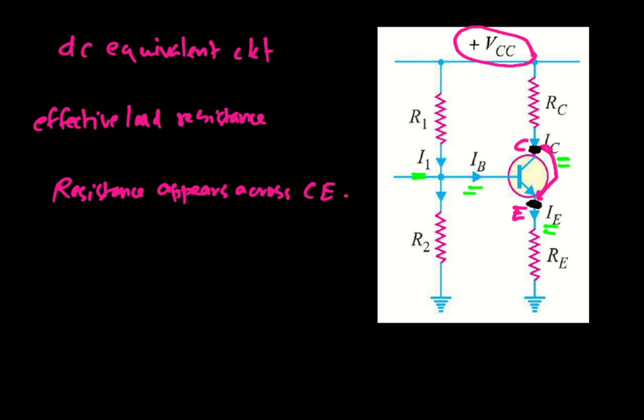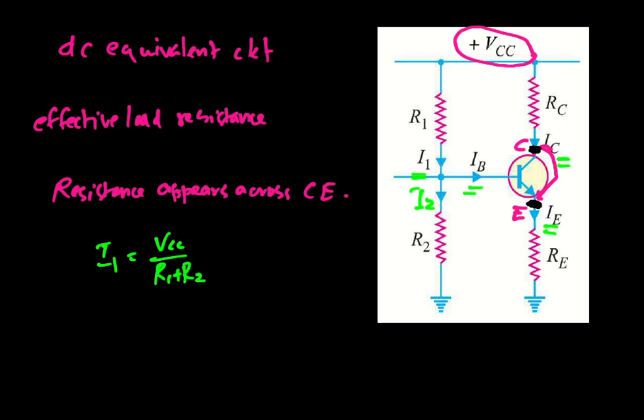That we are not doing here because it is already done in the previous lectures. That is, if you consider this current I1, and I2 is the current flowing through R2, usually we will take I1 equal to I2 since IB is very small. In that case, I1 is given by VCC by R1 plus R2,